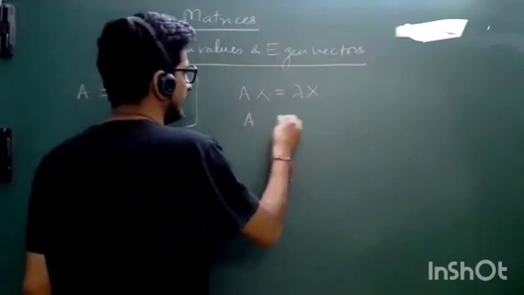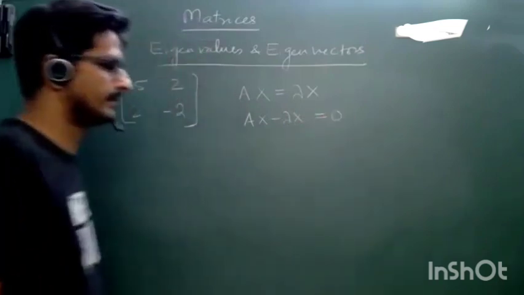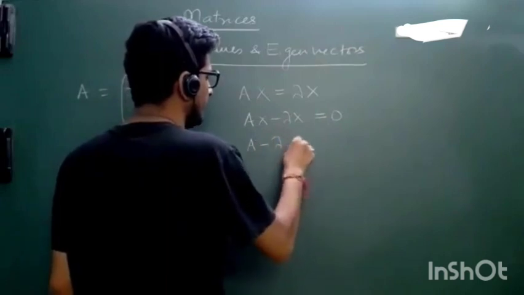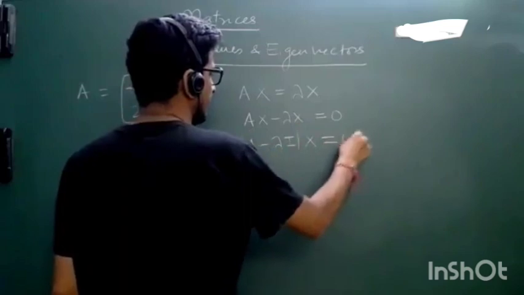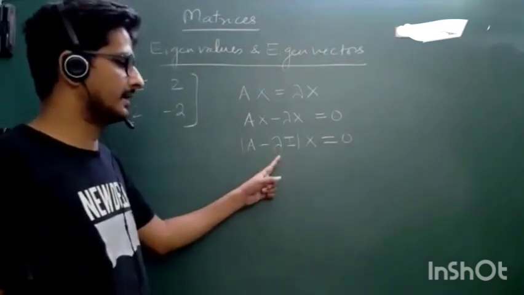A x minus lambda x will become equal to 0, and if you take this common, so it will become A minus lambda I into x is equal to 0, because here you can't subtract A minus lambda, you have to multiply it with a matrix,